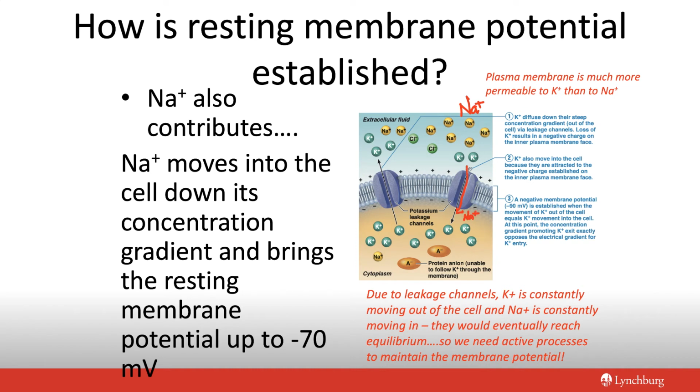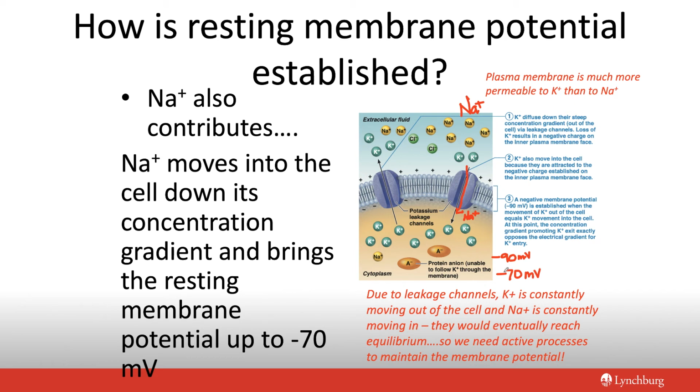Sodium diffuses into the cell down its concentration gradient, and now we have an addition of positively charged sodium ions. So our initial membrane potential of -90 that was established by potassium has now been raised, through the addition of positively charged sodium, up to -70